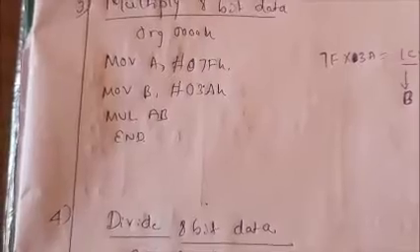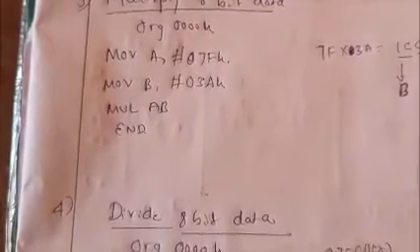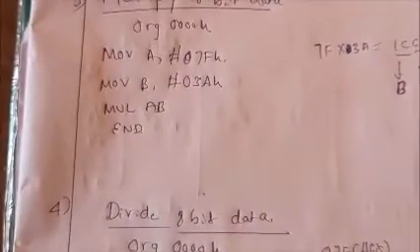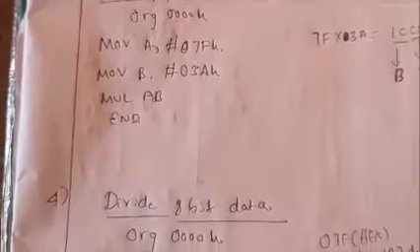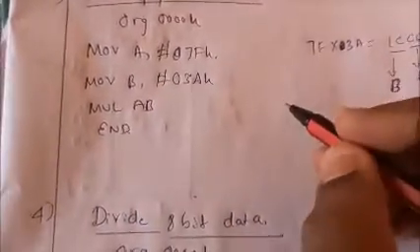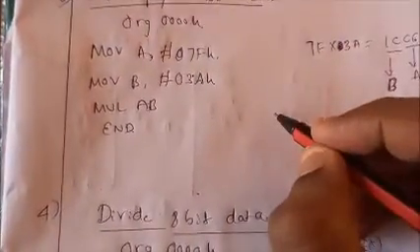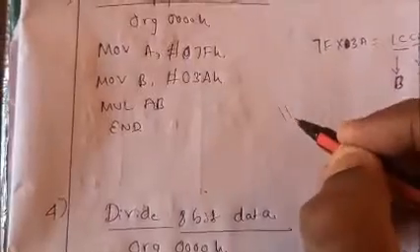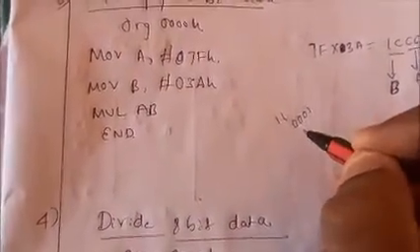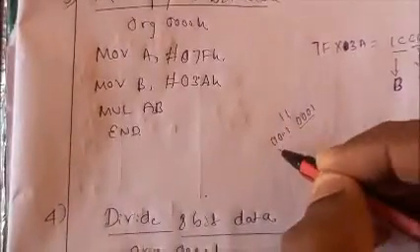So in the arithmetic operations, after completion of addition and subtraction, the third program is the multiplication of 8-bit data. Is it clear? First you need to understand that 8-bit data is nothing but a 2-digit representation. If I write 11 here, how do I represent it in binary? 1 is 0001, so this is a 4-bit and this is an 8-bit.